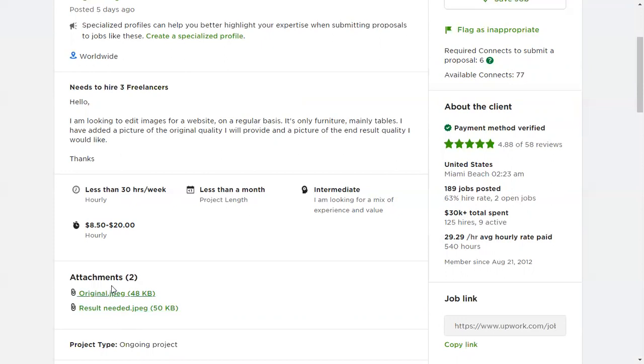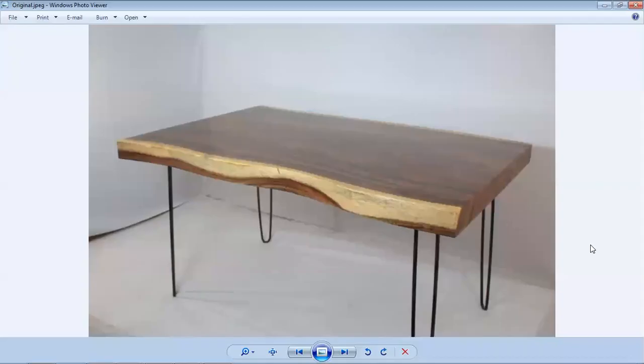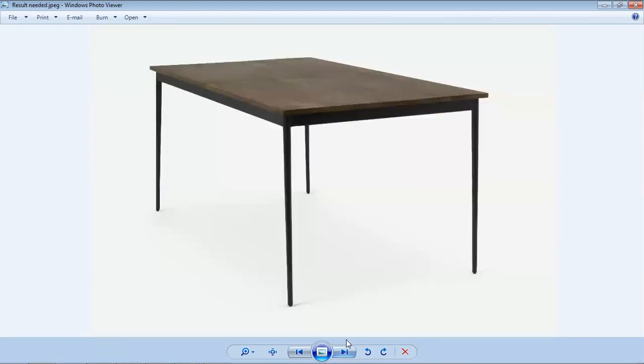So let me show you those original images and the results required by the client. That's the original image taken by the client, and he wants you to edit this picture with a white background or without the background, and the final result he is expecting is something like this.